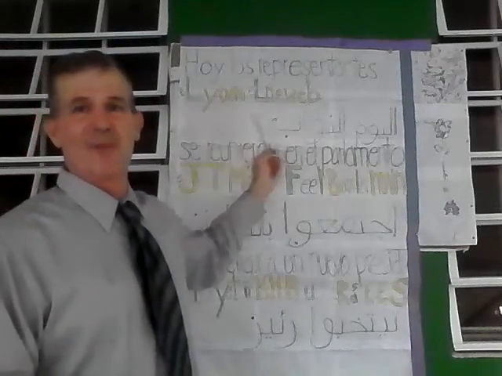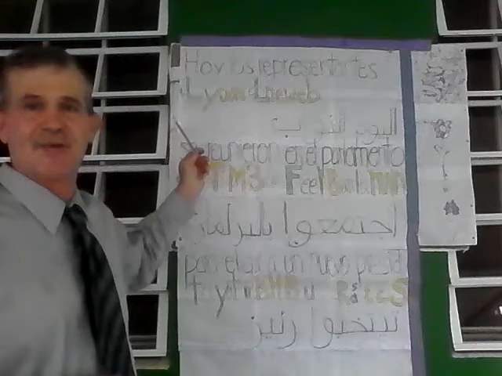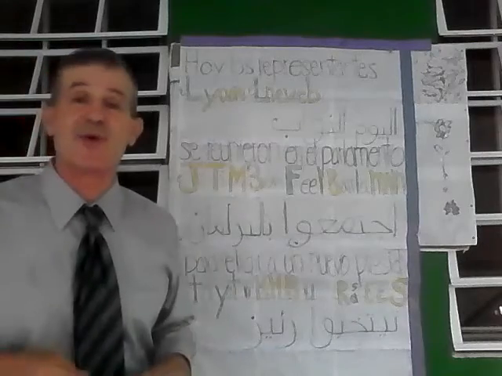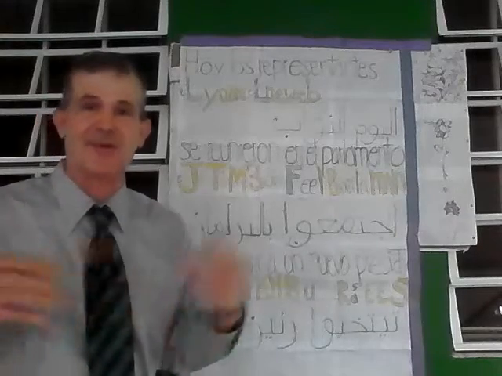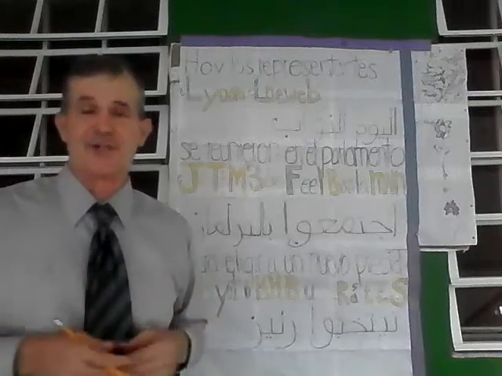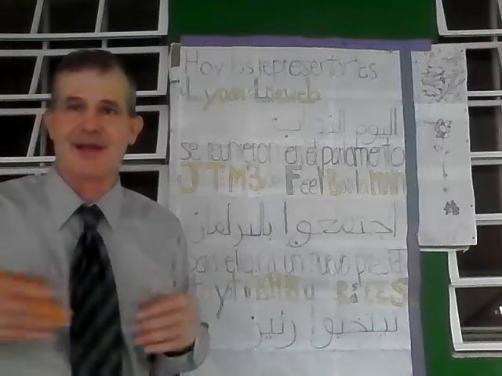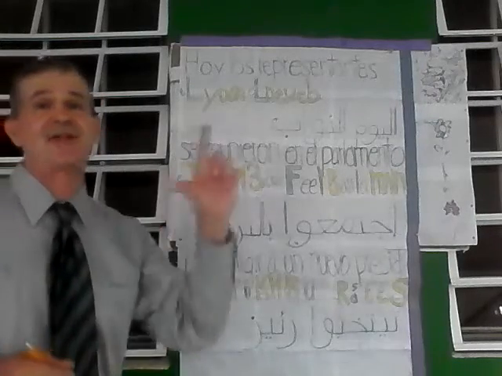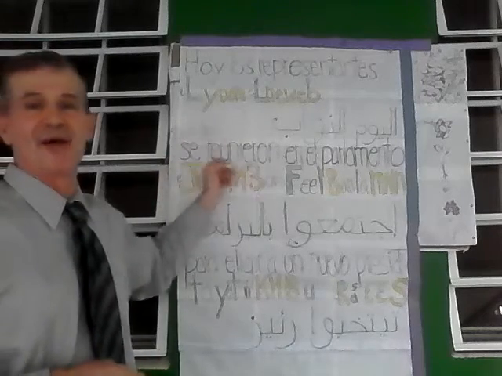El yom. This is today or the day in formal Arabic. In Levantine Arabic, it's today. El yom. I want to talk about the definite article in Arabic. Most people are familiar with the word for the in Arabic, al, A-L, like Al Jazeera, the island or the peninsula, Al Jazeera. But in dialect, it's usually pronounced el or il, very similar to the Italian, Portuguese, and Spanish definite male article, el. But in Lebanon, in Beirut, in the Beiruti dialect, it's pretty much reduced to just an L sound before the word, before the verb, before the noun, el. El yom,